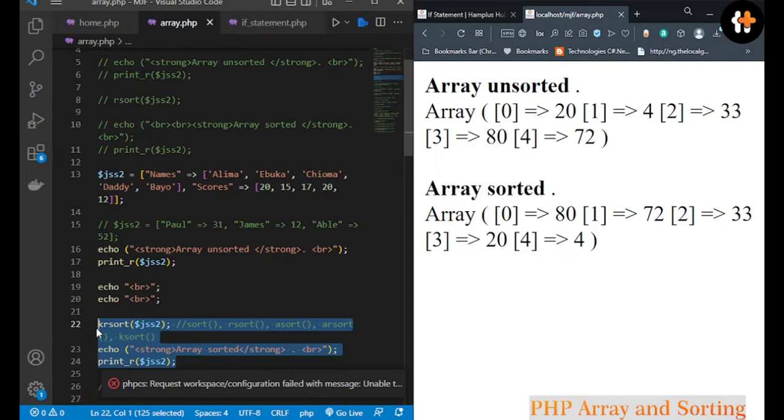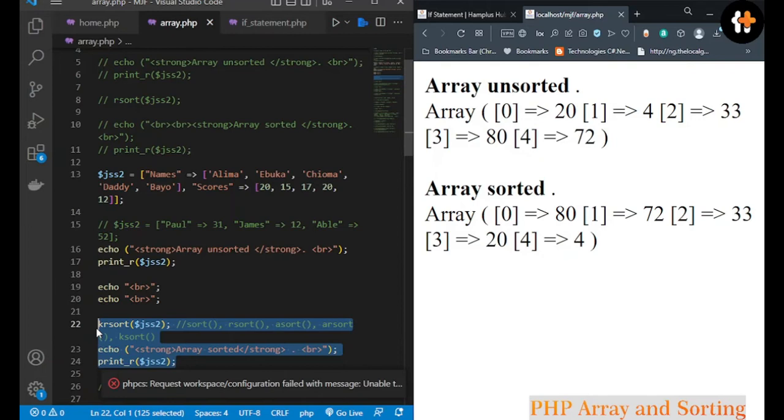Okay, let me start from A sort. When I sort using A sort, you see it will sort according to the values. So let's see what the web view will give us. Okay, I have to reduce this, to have this view. Good. You see,